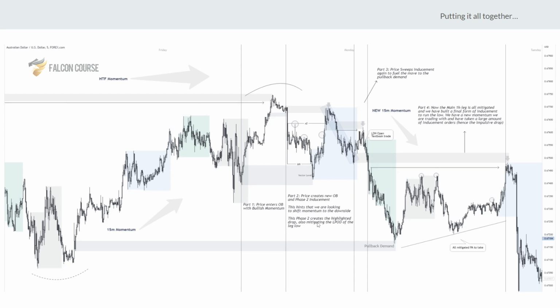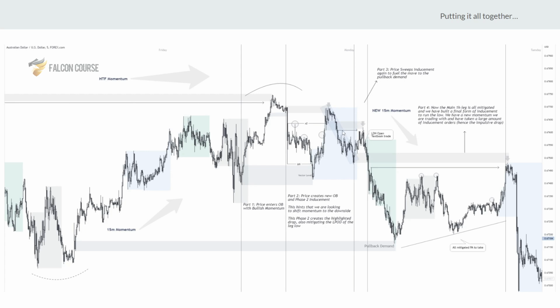Looking at this looks like a trend breakout as well, so that adds to that inducement for this point. Now this phase 2 creates a highlighted drop, so this drop here, and that's what that phase 2 does for us. That inducement here is able to set price from this distance to this distance here to be able to mitigate that last point of demand. Now, we're in a demand, so we're going to react again, okay?